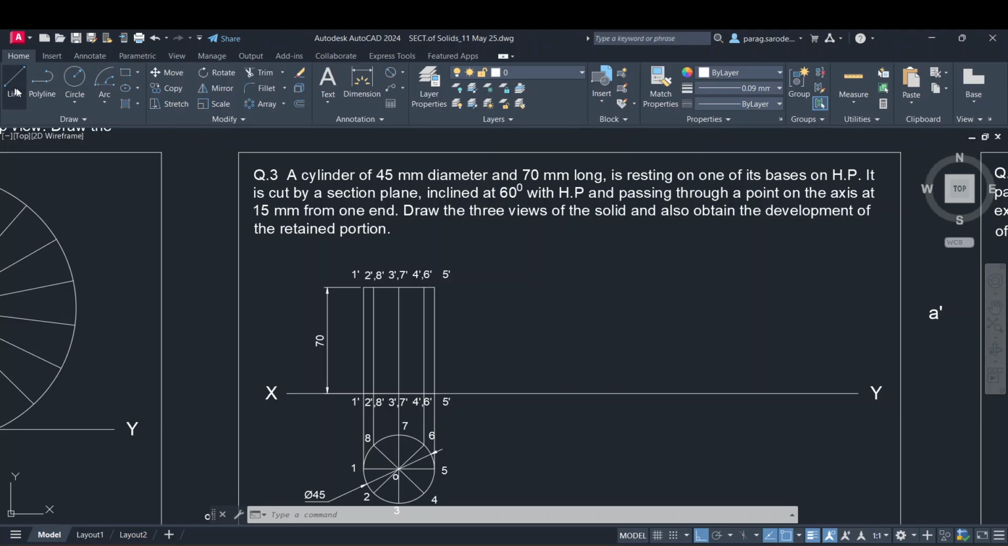First we will mark the 15 mm like this. Okay, I will make this line as the center line like this. We'll stretch it in this way, correct? So this is the one possibility you can take. Other thing you can take it as